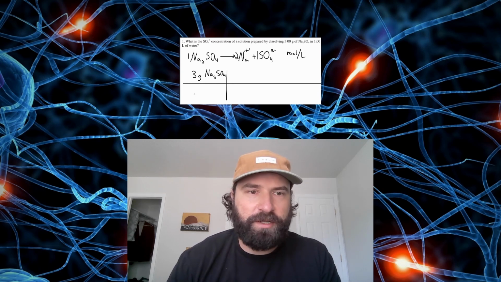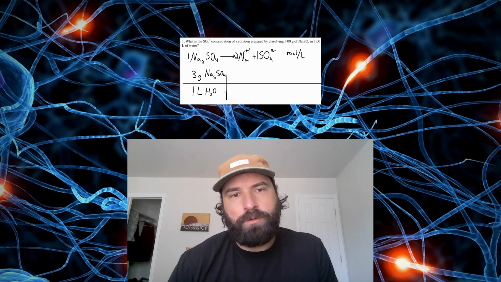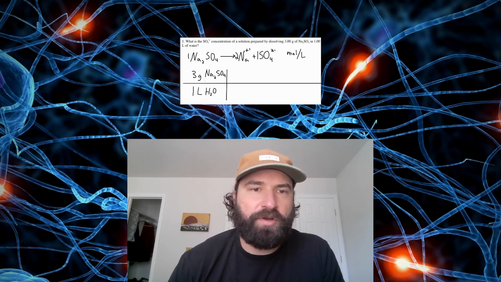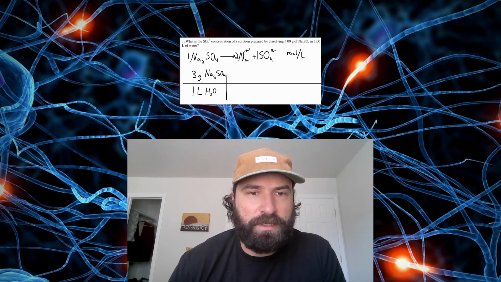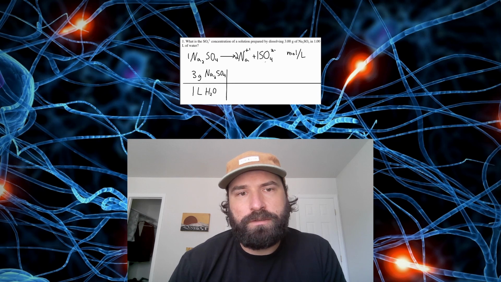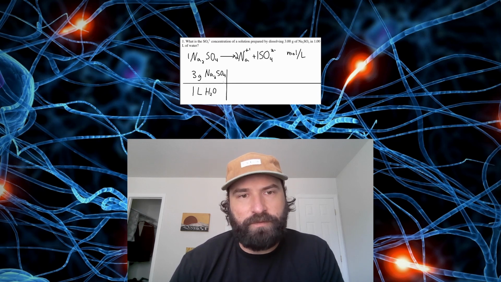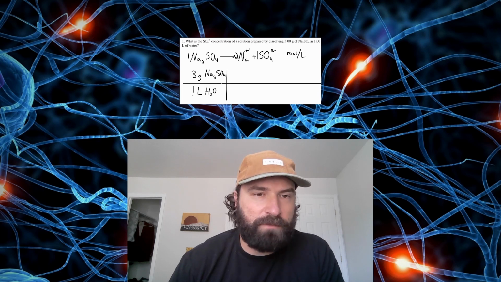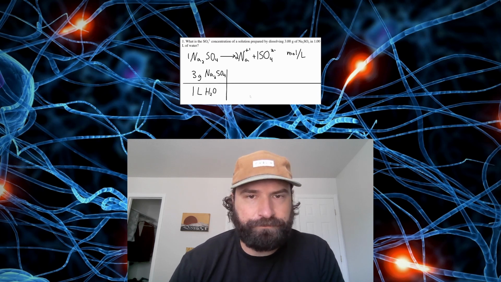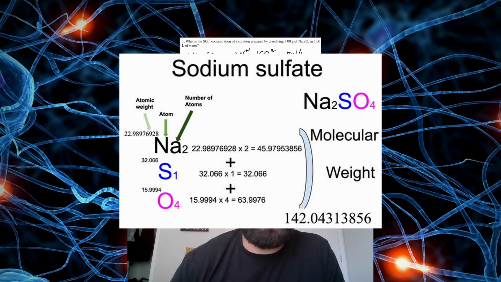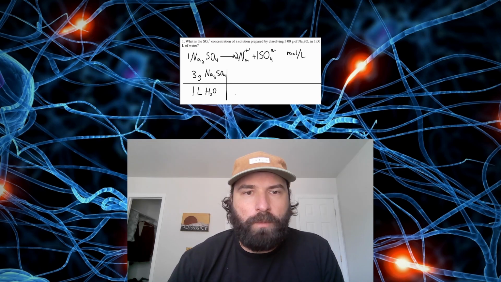So the solute is starting in 1 liter of water. And what we have to do here is change the 3 grams of sodium sulfate into moles of just sulfate. So our first step is going to be to get this grams of sodium sulfate into moles of sodium sulfate, and we'll do that by using the molar mass. So here is the calculation for the molar mass of sodium sulfate, which we're going to grab all of their atomic weights from the periodic table and do some multiplication and some addition, and we come out with a molar mass of